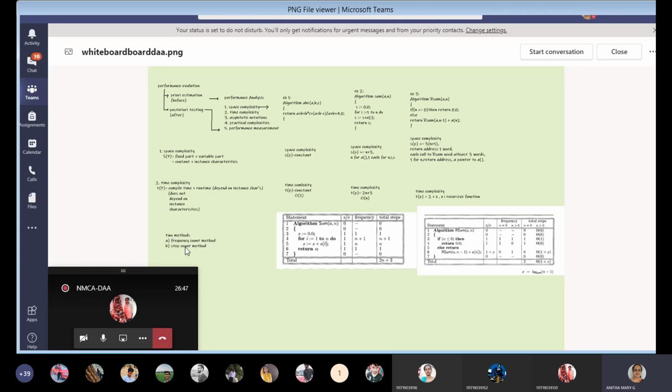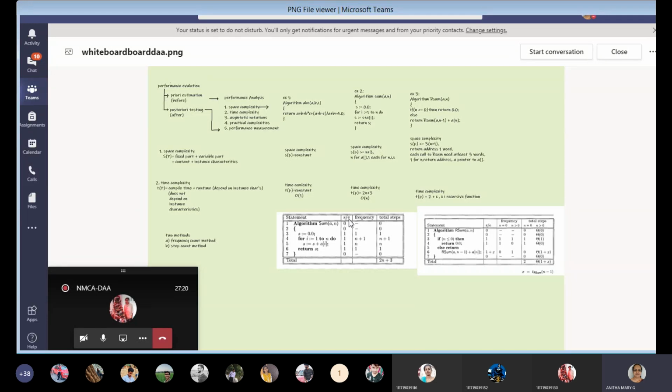Okay. So the second one is step count method. In a step by step process or in a table form, we are going to do step count method. Frequency count method I already told you and how we got it. For step count method, you just concentrate on the table I am describing. For a particular table we give these headings. Statements means the algorithm statements, the total algorithm statements.